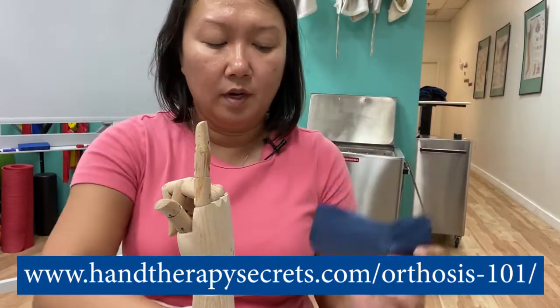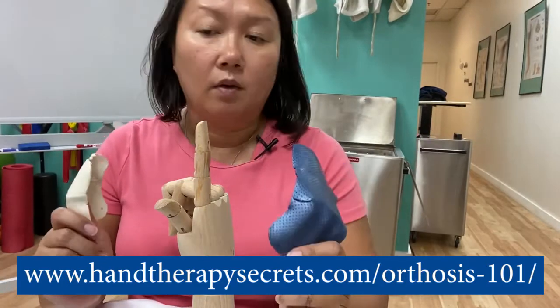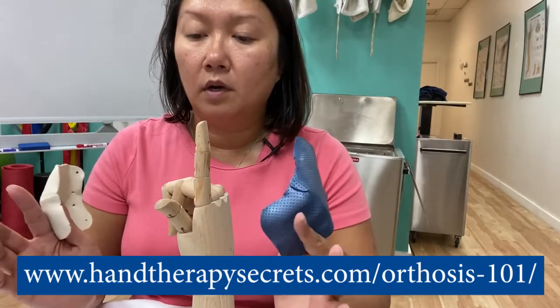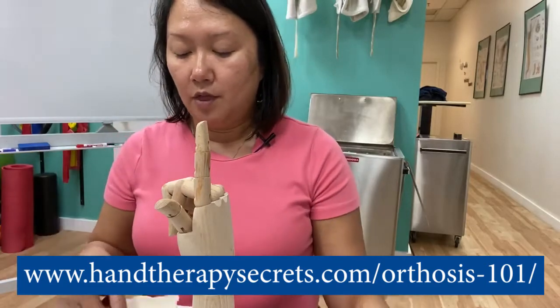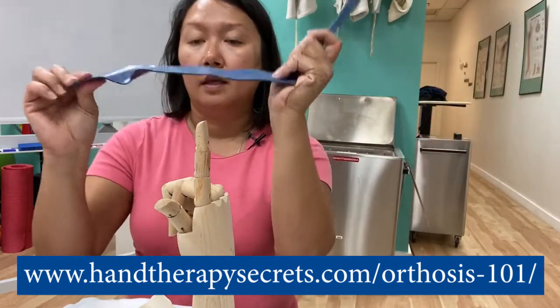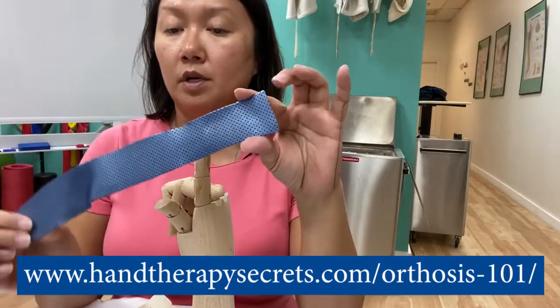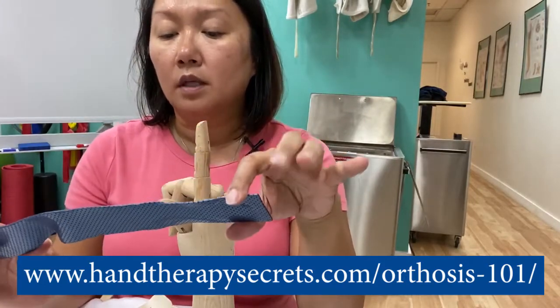I have a thin one, and then I have a thick one. And depending on what the injury is, I'll use either. But we always keep a box of scraps. They're great because they're little pieces. This can make so many different smaller orthoses. You can make the finger ones. You can cut this and make